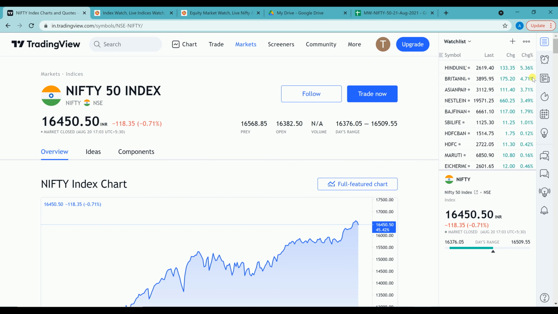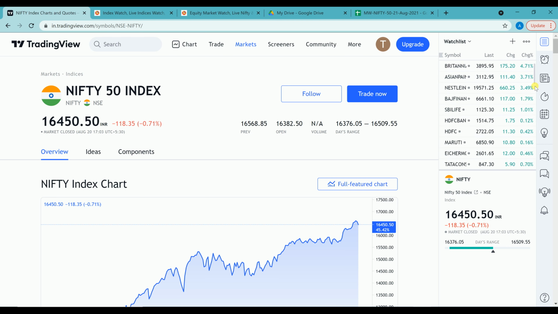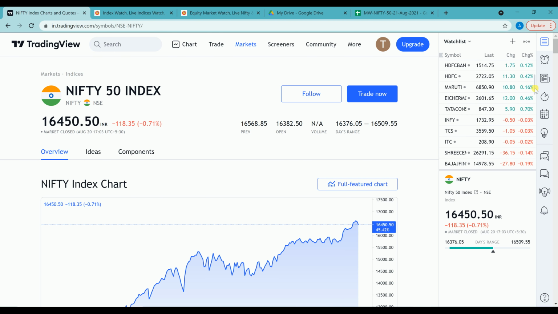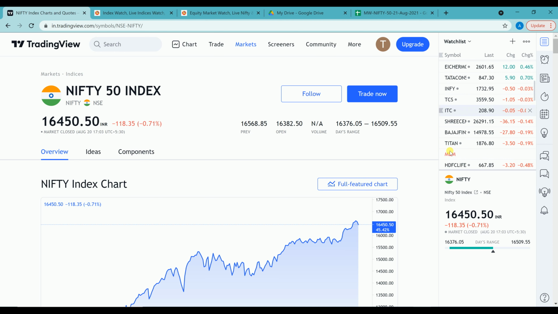Now you could have seen that red symbol. Why is it there? Because TradingView doesn't accept any symbols other than underscore. It doesn't accept the and symbol or even the hyphen symbol down there.